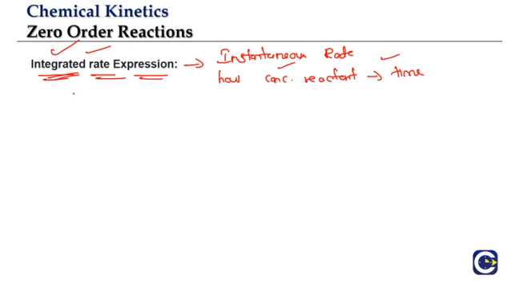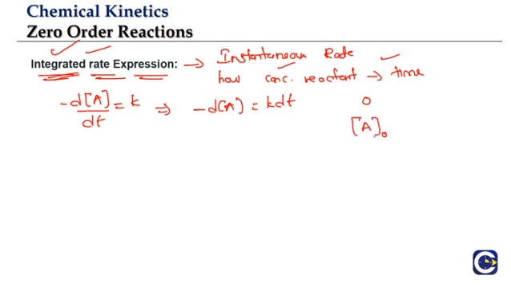So we will begin with the zero order reaction. For the zero order reaction, what we have is minus dA by dt, the rate of consumption of reactant, equal to K, constant. On rearranging it, what we will have is minus dA is equal to K into dt. Now here the starting time at t is equal to 0, the concentration of the reactant, let us say, is A0, that is the original concentration.